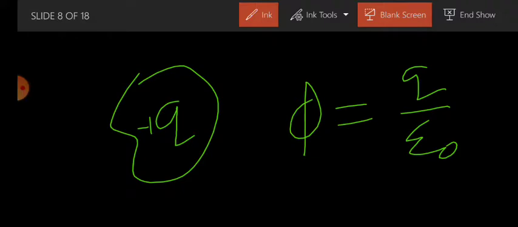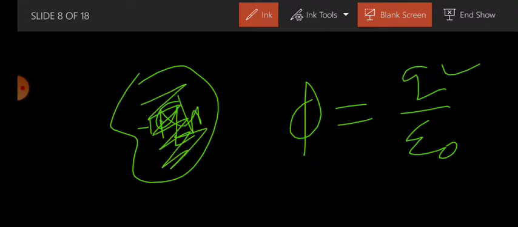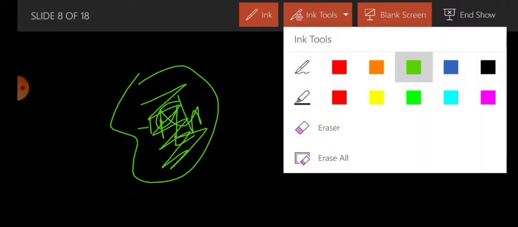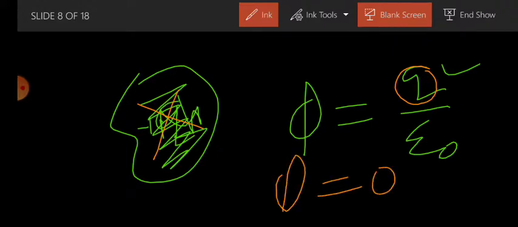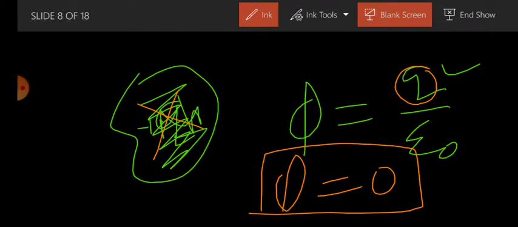When I'm talking about this q, q is not a single charge, it is the sum of all charges enclosed in this area, right? But for simplicity we are taking it as q here. Now if there is no charge in this closed surface area, then obviously this q should be equal to 0. It means the flux coming out of this closed surface area should be equal to 0, right? So this is the concept of the Gauss law.